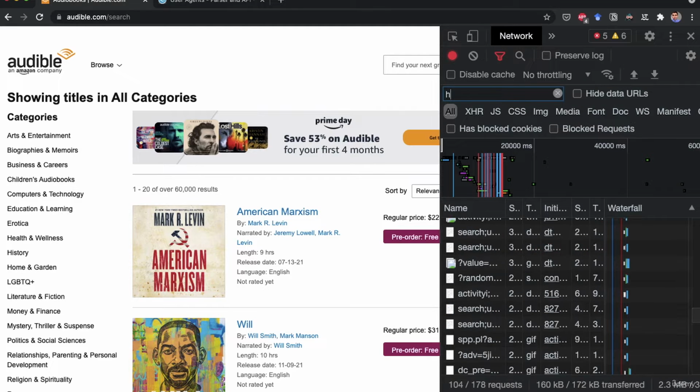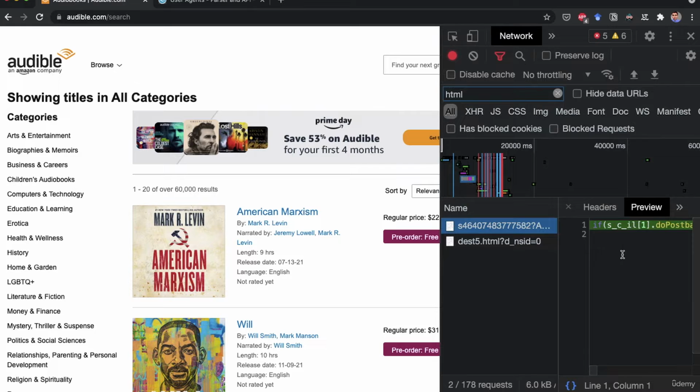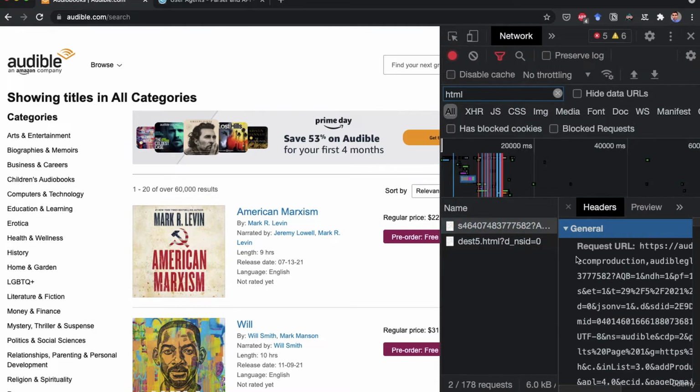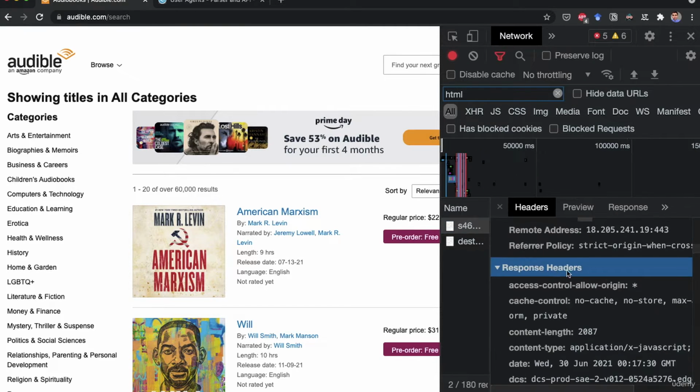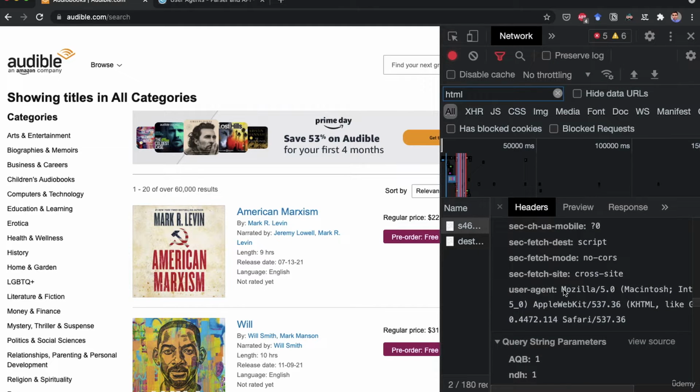Then we're gonna click on any HTML request and we're gonna check the header section. Then we scroll down until we get to the request header section and we look for the element user agent. So I found it here, the last one listed,